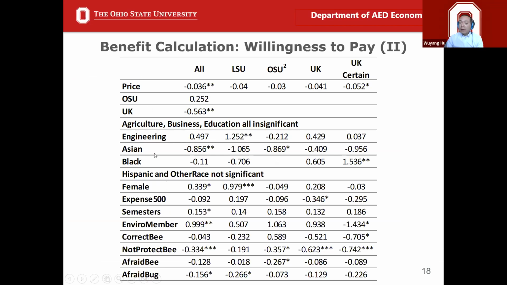Yes, not exactly to answer perfectly that question, but we did have a question here, expense. We worry that if students are not paying their own tuition, right, they're getting a scholarship, covering their student fees, they're going to be caring less about paying extra. So we have a variable here controlling for those people who are paying at least $500 out of their pockets in terms of paying tuition. So that variable is fairly significant in a way. So we're semi-confident to say that people paying their own money or not is not going to make a difference in terms of willingness to support a B campus effort.